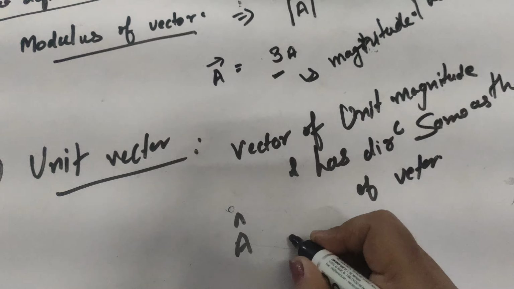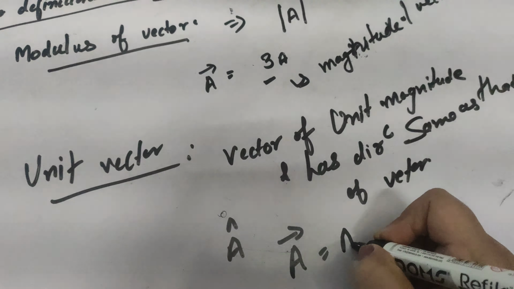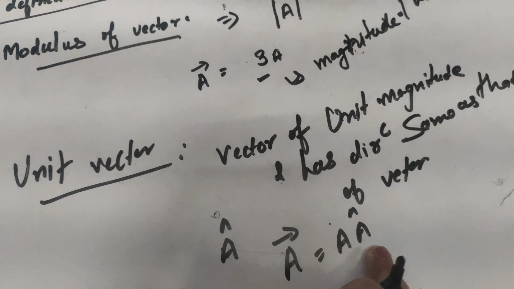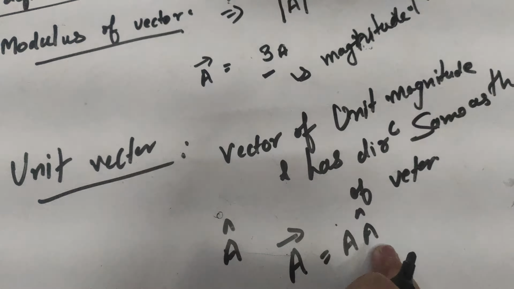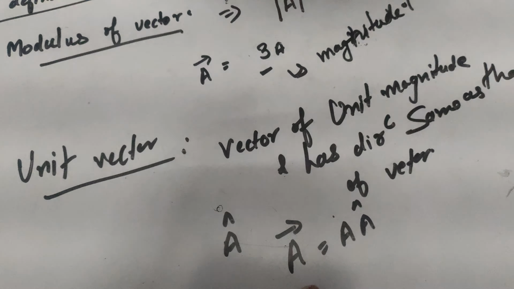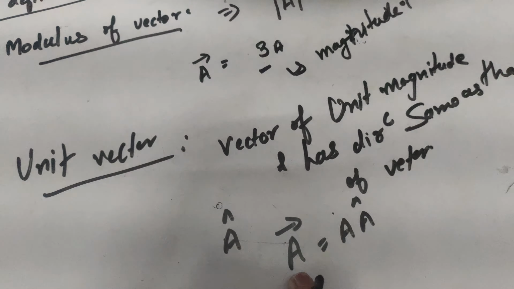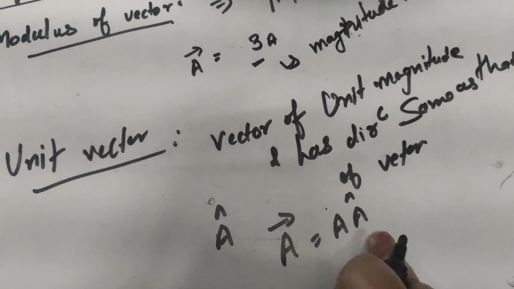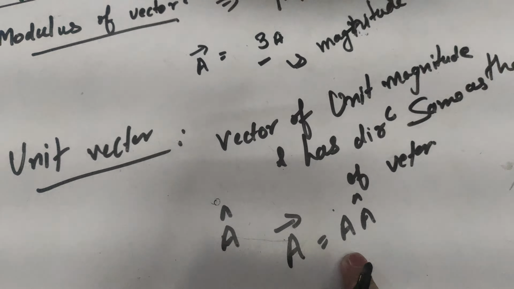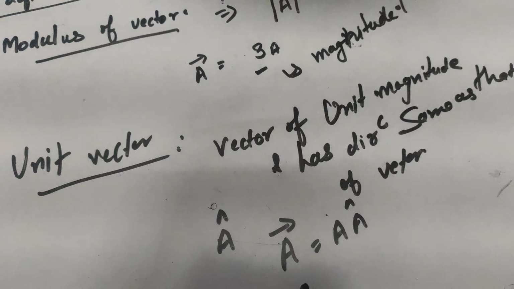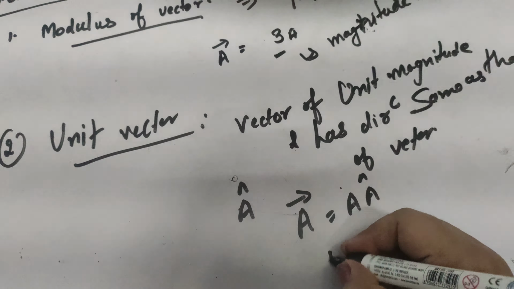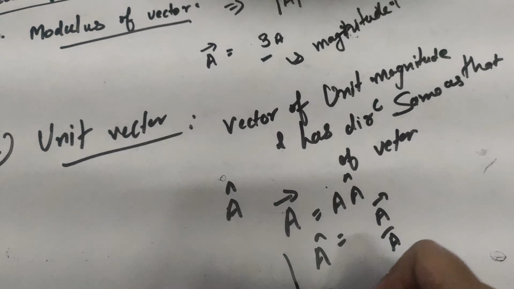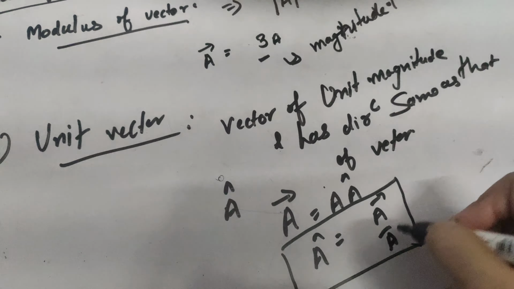So if I represent a vector A, then it will be represented as A, which is the magnitude, and A cap, which is the unit vector associated with it, having magnitude 1 and direction as that of A. A vector is a vector having some magnitude, and its magnitude is A, and this A cap is representing another vector having unit magnitude, like 1, and direction as that of A. I hope this concept is clear. So A cap is equal to A vector by A. This is the most important formula, which will be used in many of the numericals.